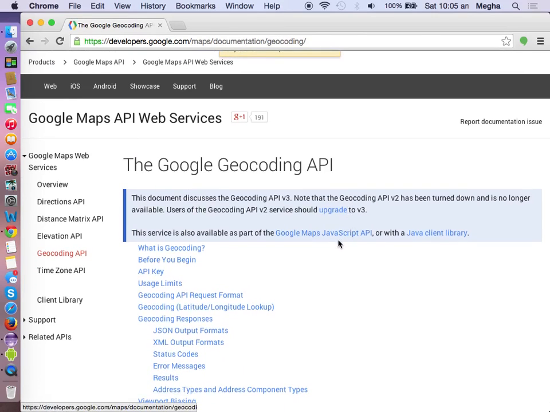Remember that top disclaimer itself says the document discussed is Geocoding API 3. Note that Geocoding API 2 has been turned down and is no longer available. So this is a huge problem for app developers